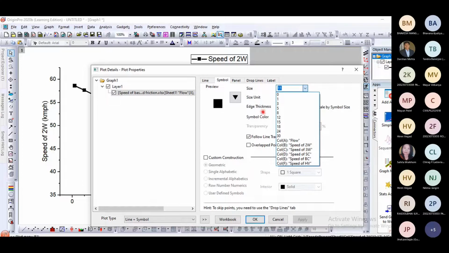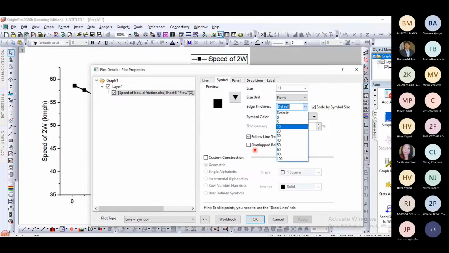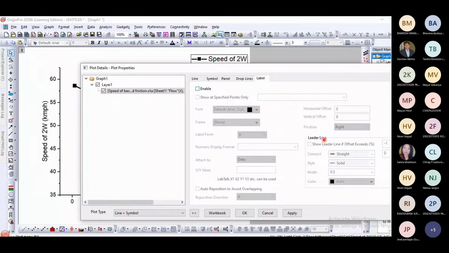In symbol, we can change the symbol size, we can change the style. Default is this, right? But according to your need, you can change it. Edge thickness can also be edited. Color of this symbol can be changed, right? Suppose the label is not there.